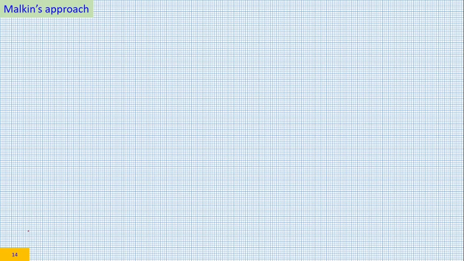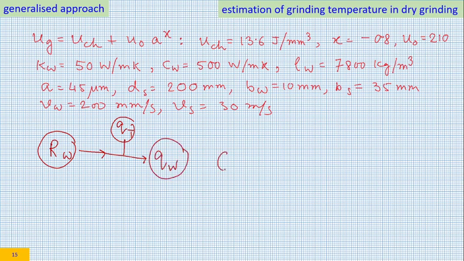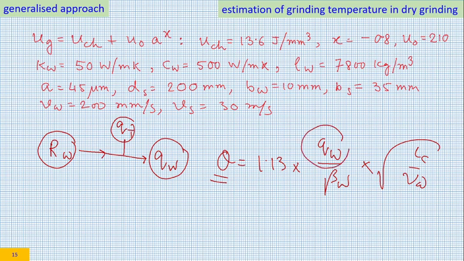the other approach, which is a bit more analytical in nature. So this is the generalized approach. In the generalized approach, we have to first calculate RW. If we can calculate RW, then RW and QT mixed together will give you QW, and once QW is calculated, you can definitely calculate theta, that is rise in temperature. So the trick lies in estimation of QW, and for doing that we need QT and RW.